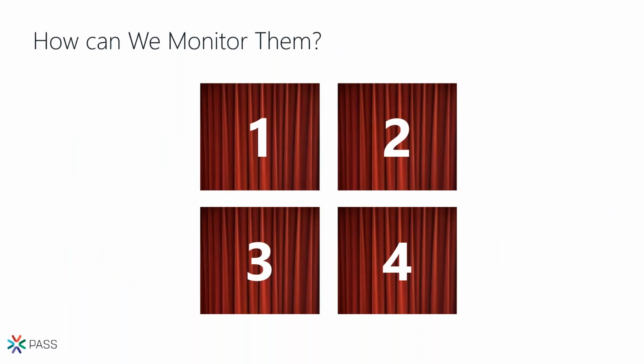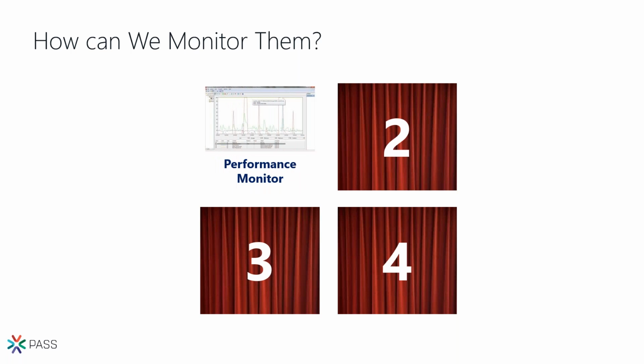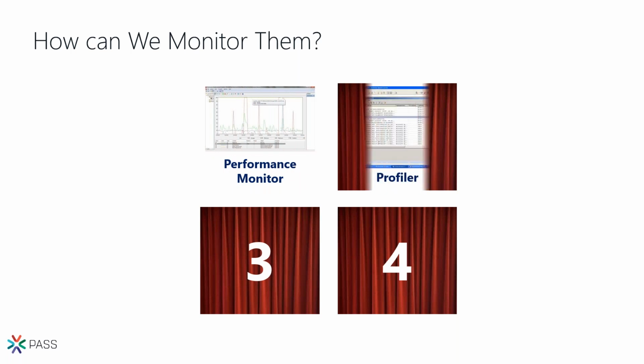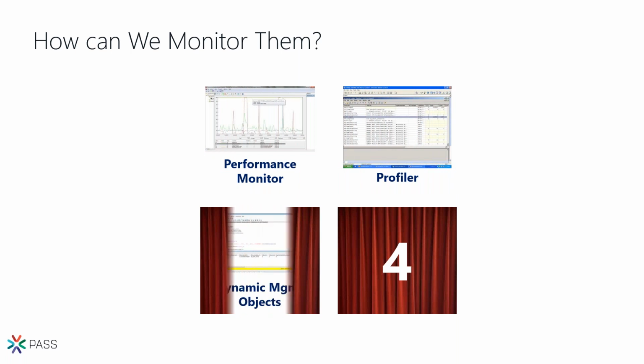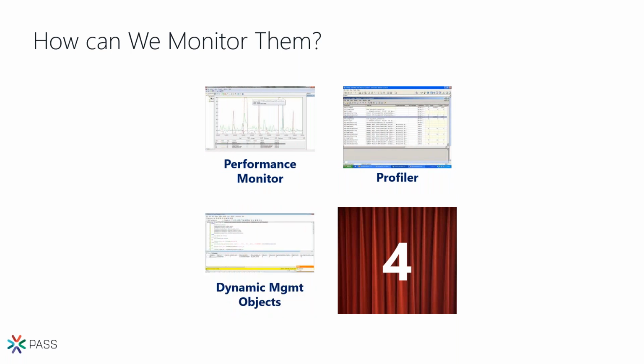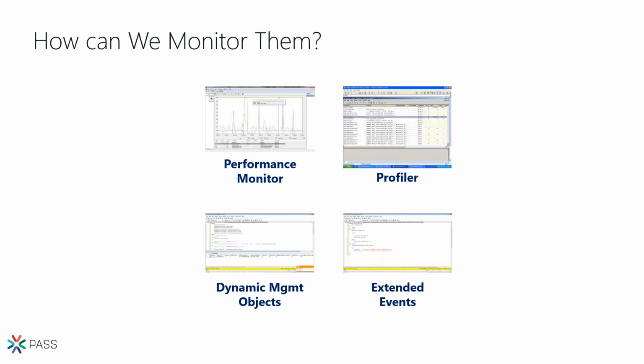And now, if we want to monitor page splits in the system, how can we do that? I have here several options. Usually when I do it live, I do it like a survey, but I'll just tell you. One option is to use performance monitor, and I will demonstrate that in a minute. Another one is to use profiler. We can use dynamic management objects or views, or just DMVs. And of course, extended events. So those are the 4 options we can use to monitor page splits.